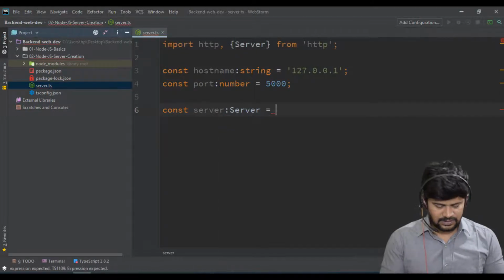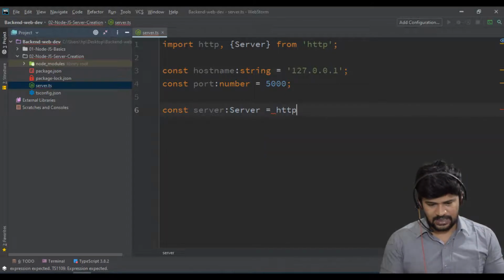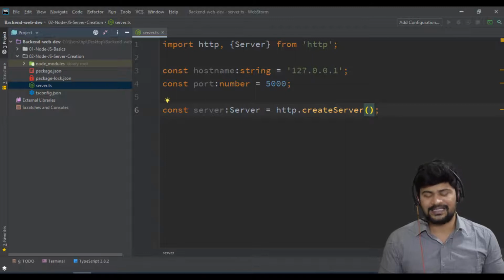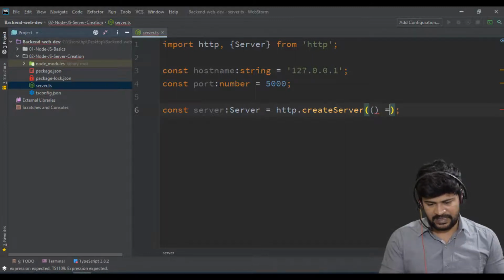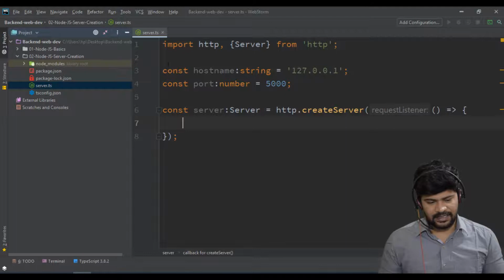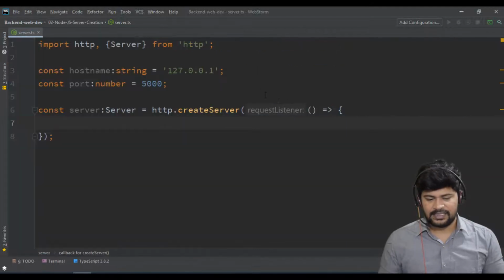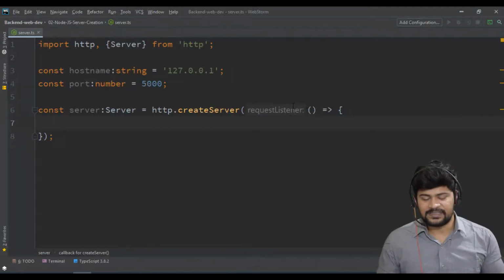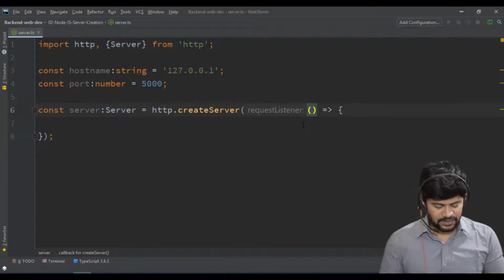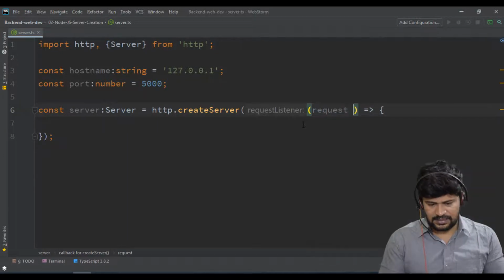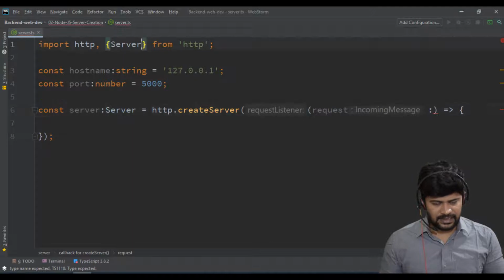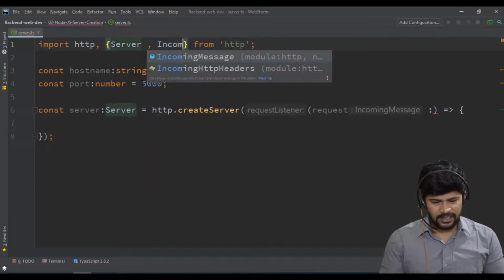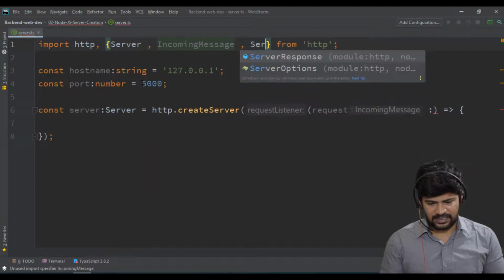Server of type Server is equal to http.createServer, which is a function. This createServer function takes another function, a callback function, having two parameters: one is the incoming request and the other is the outgoing response. So request is of type IncomingMessage, and response is of type ServerResponse.